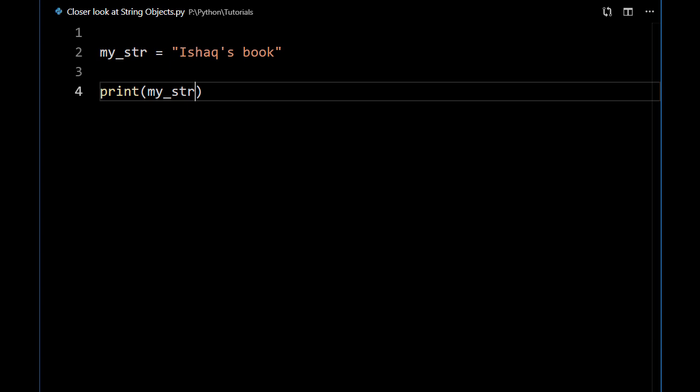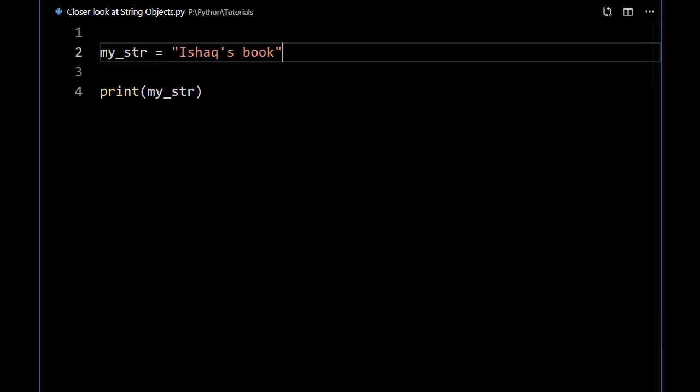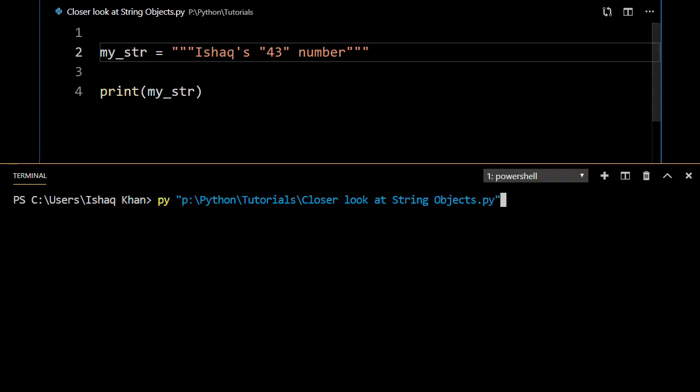But this solution will fail if my string contains both types of quotes. For example, Ishaq's 43 number. So for this, we will use triple single or double quotes to enclose our string. In this way, you can safely create such strings. Let's run our code,